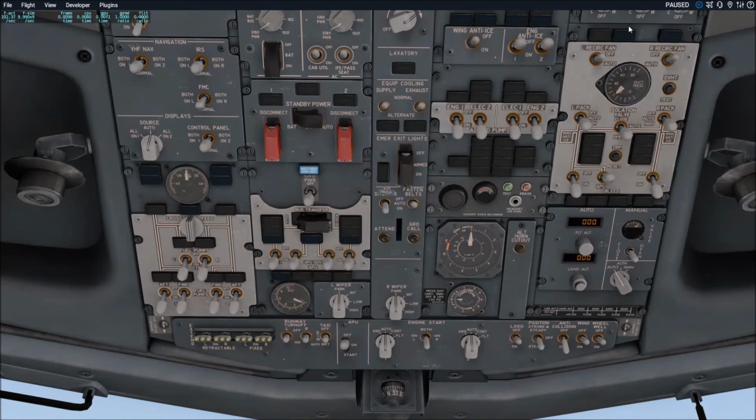Most of them are preset. So these are the lights, landing lights, strobe lights, so many lights. These are the fuel pumps. This is the air conditioning system, pressurization system. These are the electrical bus control, AC/DC.